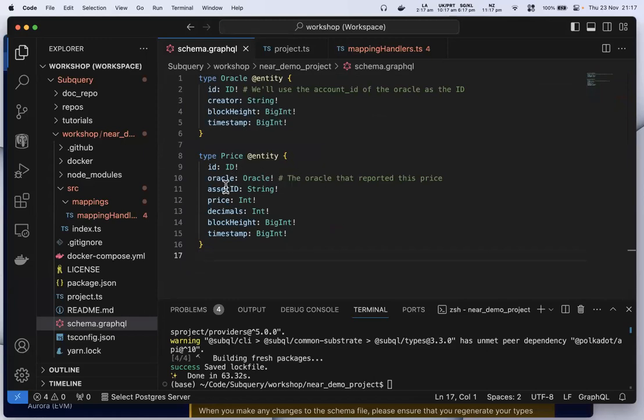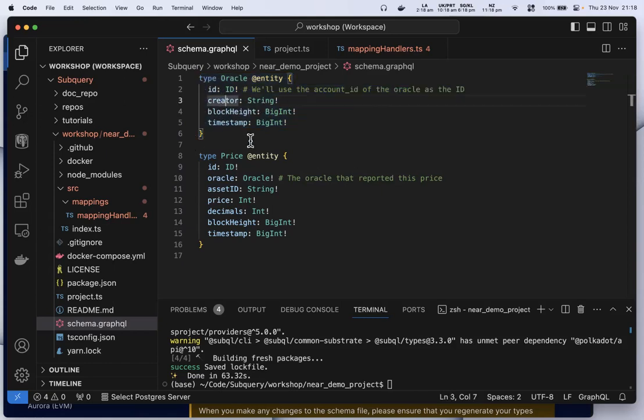And what this means is that you'll see we've got asset ID, which is of type string. We've got price of type integer. The exclamation mark means that it's mandatory. What's also interesting is that I've got this field here called Oracle that is of type Oracle, which is this object up above. So we can actually have this kind of one-to-many relationship, so to speak, where a field can be of type of another entity that we've defined as well. And again, this relates directly to database tables and how databases can link or reference other tables too. So this is the schema.